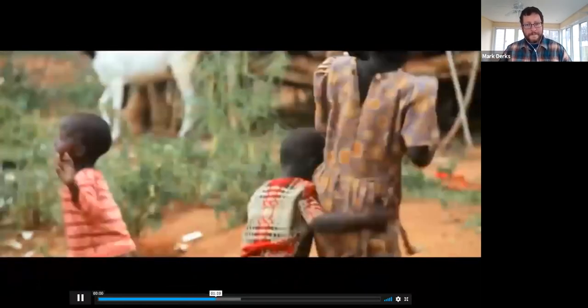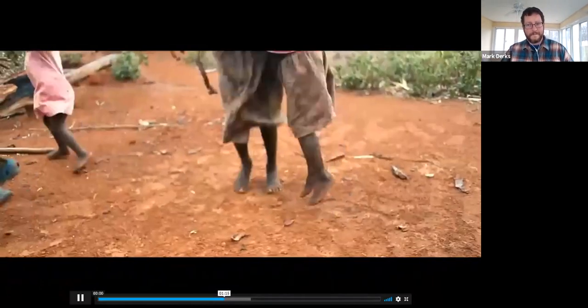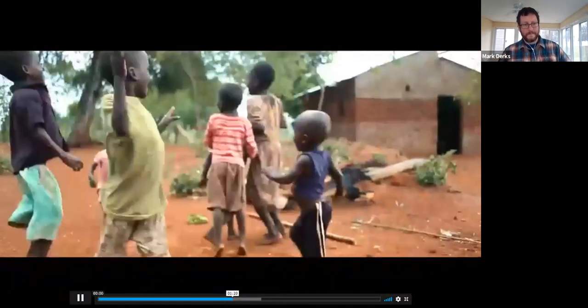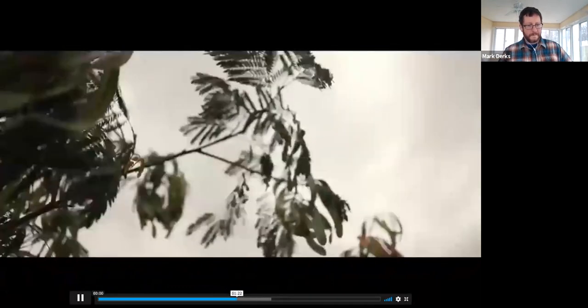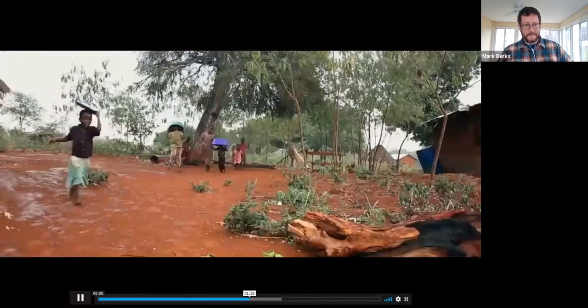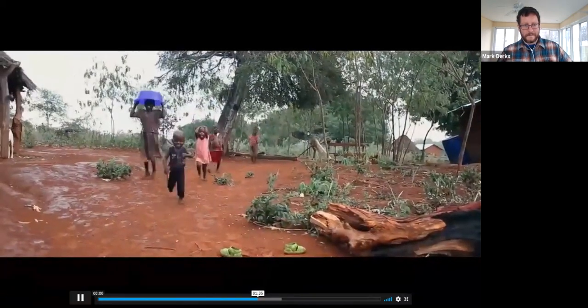This is a scene that is very familiar to me. I'm originally from Kenya. I grew up in a place like that. I'm familiar with the joy of the first rains of the season. But that joy does not last because the storms are going to be more violent, and that means damage.